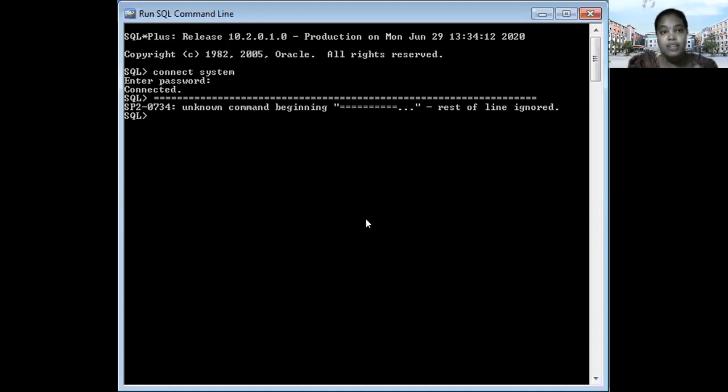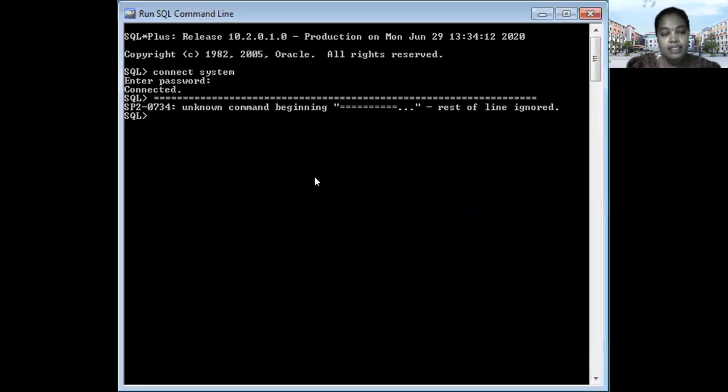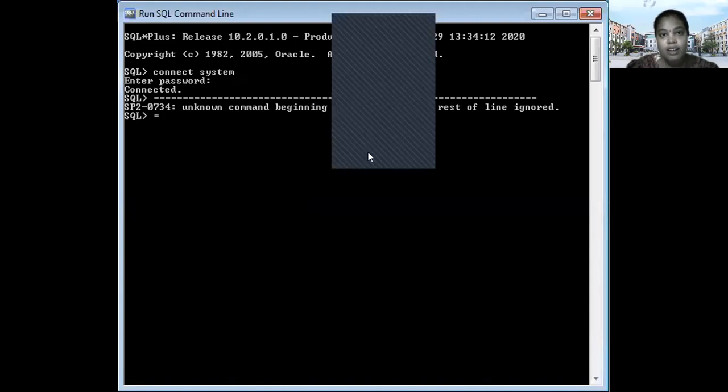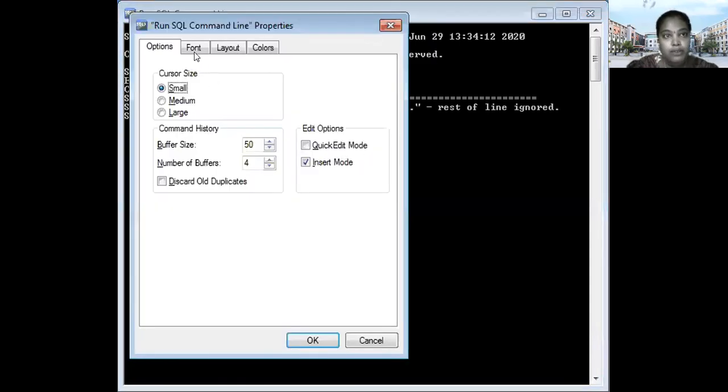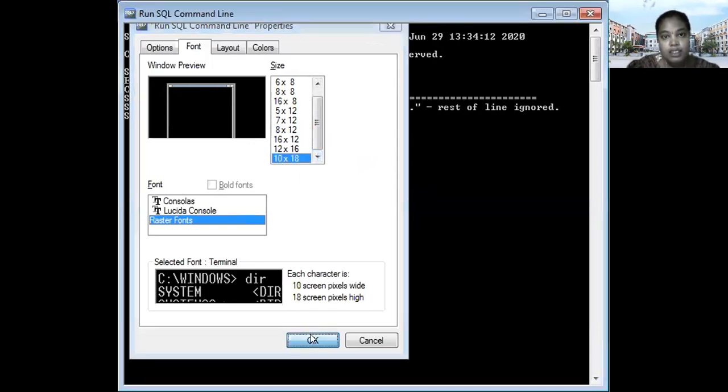So what is our first query here? Create a user and grant all permissions to that user. So how to create a user here? If you want to increase the font size, you have to perform it like this.